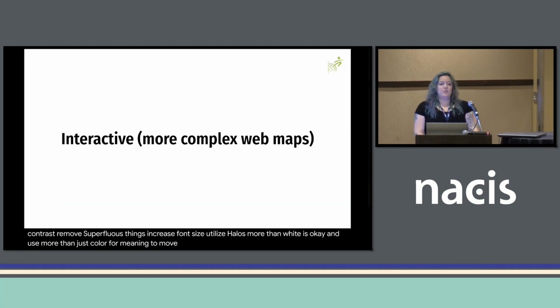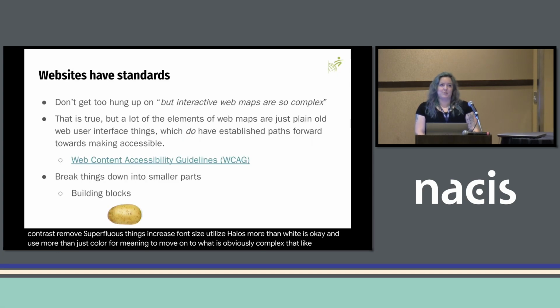To move on to what is obviously complex, complex maps where you're turning things on and off, where you're panning around the map. As I started the talk with, just think of it as a few potatoes and not all the sacks of potatoes. They are very complex, but if you break things down, you can establish paths forwards, especially because the world of the web has so many people outside of cartography really thinking about accessibility